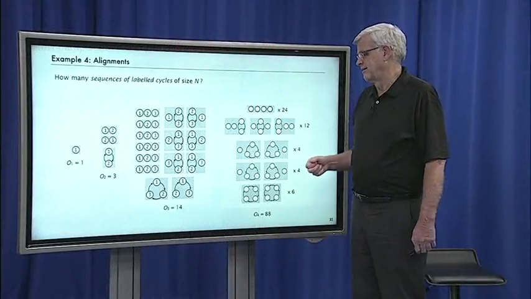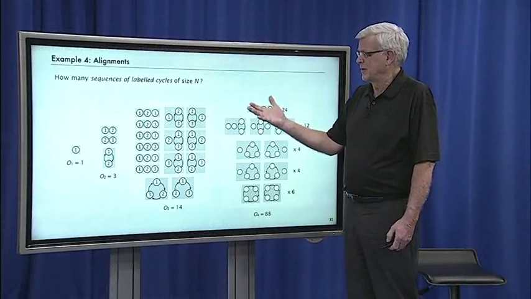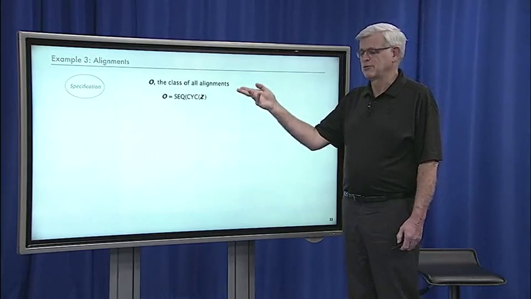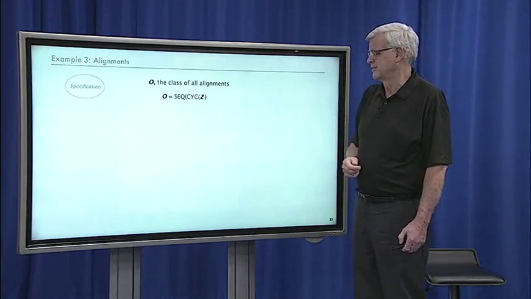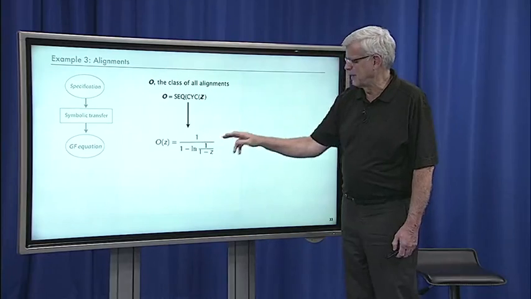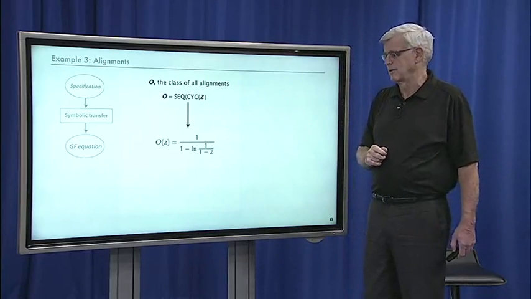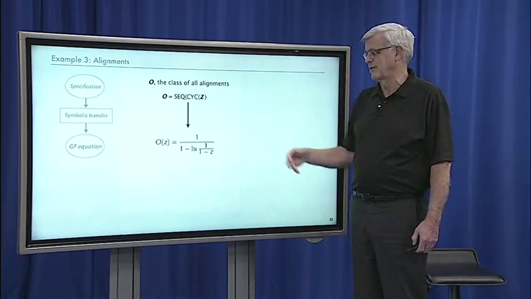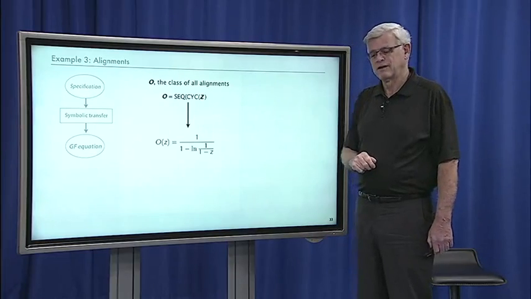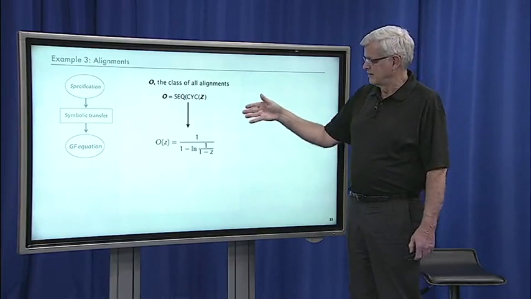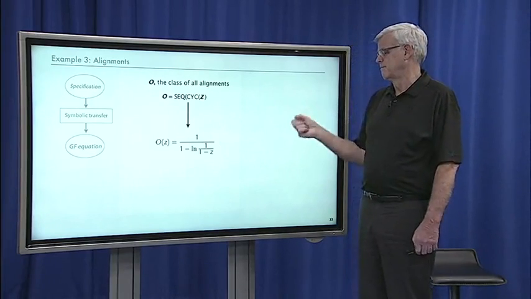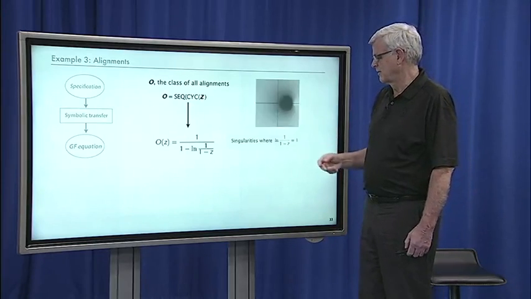And by now, pretty much everyone can figure out what's going to happen next. We're going to build a combinatorial construction, sequence of cycles. A cycle is log of 1 over 1 minus z. A sequence is 1 over 1 minus that, so there's the generating function for alignments without really much thought at all. That's a meromorphic function. It's a ratio of 2 analytic functions, and so it's when the denominator gets to be 0 that we